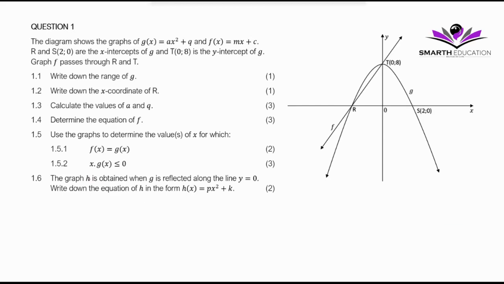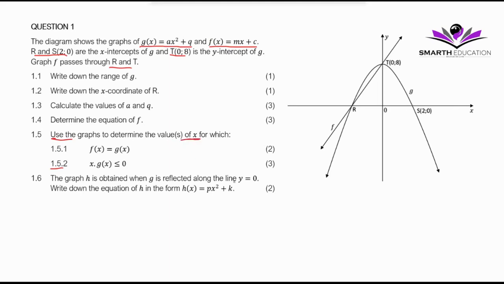Welcome back. Let's do question 152. The diagram shows the graphs of g of x and f of x. R and S are the x-intercepts of g. T is the y-intercept of g. The graph passes through R and T. Use the graphs to determine the values of x